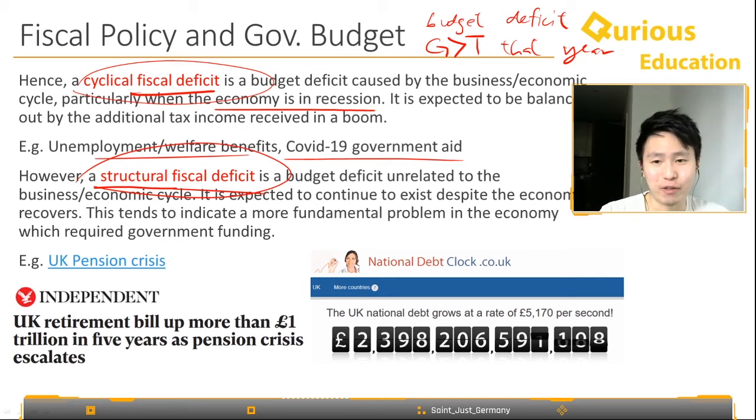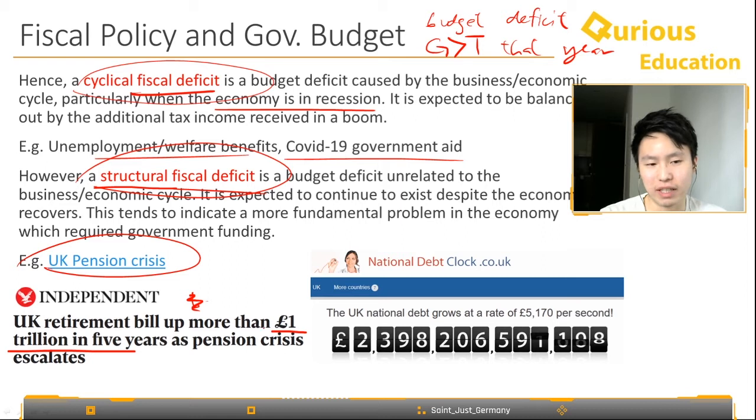Whenever you see things called structural, it means long term, and it's quite bad and hard to solve. So say there's something called the UK pension crisis. Essentially, since nowadays people are living longer, and the medical fees are hiking up as well, the amount of money that the government needs to pay to the elderly or the boomer generation would be increasing. So we can see here our retirement bill is actually up 1 trillion in 5 years,